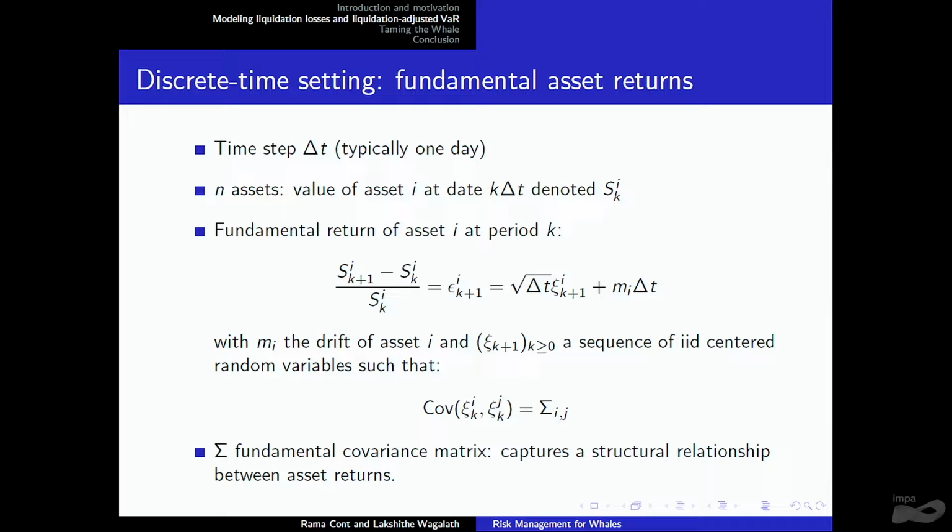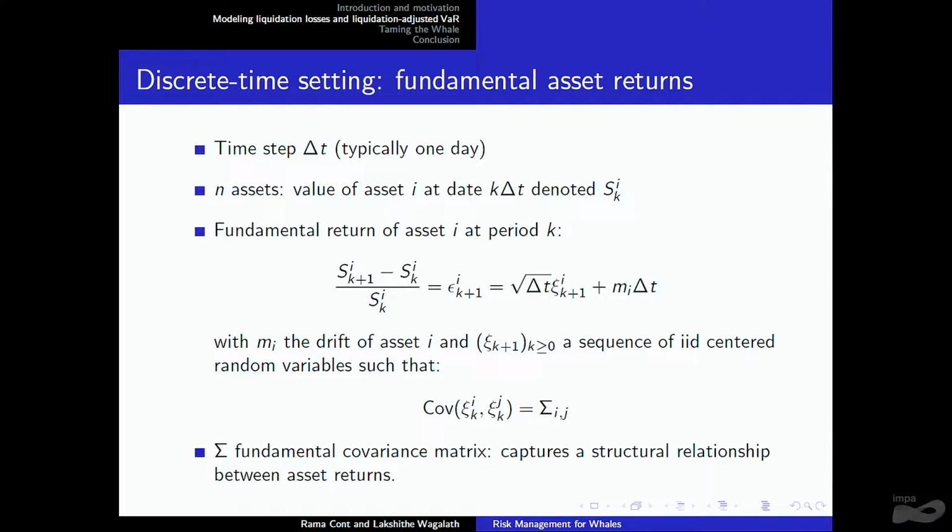So you should think of sigma as a fundamental structure between the asset returns on this market. So if the assets in the market followed fundamentals, so it's very difficult to define what fundamentals are precisely, but let's say if we had fundamentals, the covariances, the correlations should be this capital sigma. So that's the classical modeling, and actually if you look at sophisticated modeling of risk models, they would put a lot of sophistication into the sigma. So they would say, okay, sigma is a Heston, multidimensional Heston, or GARCH, or stuff like that. So what we do is that we don't here put too much complexity in the sigma, but we add